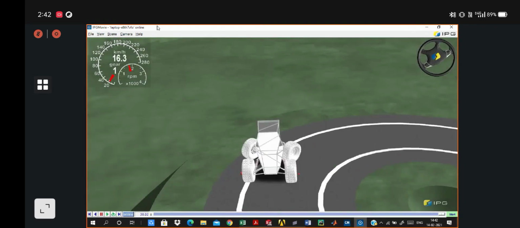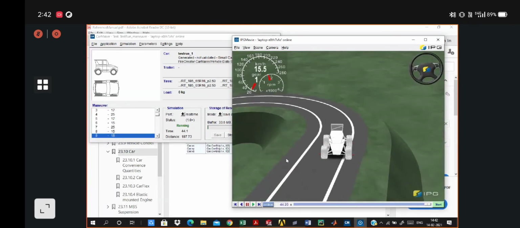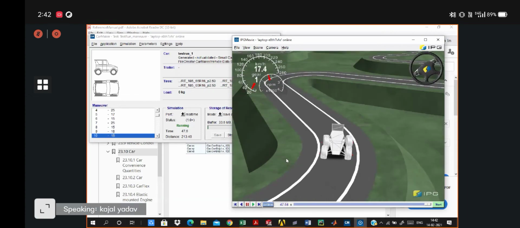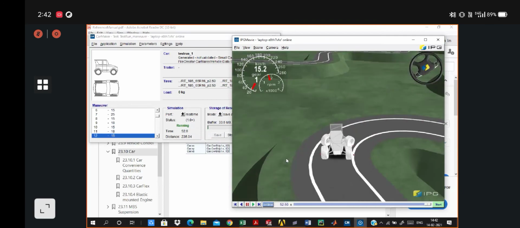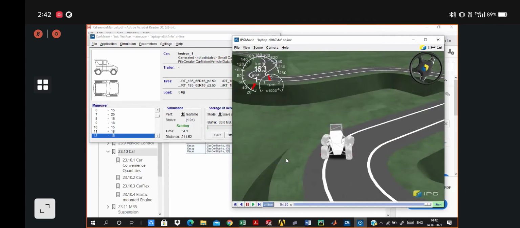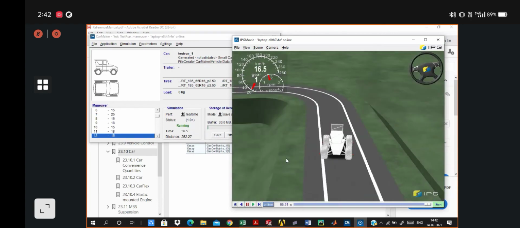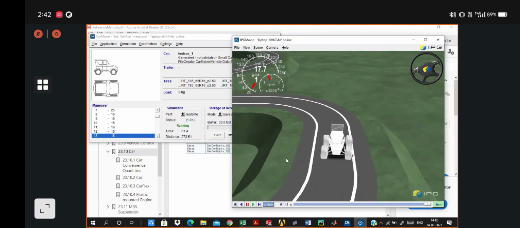So this type of behavior will totally depend on the driver parameters which you have defined in the IPG driver tab. These dynamics or behavior of your vehicle you can control with those values.